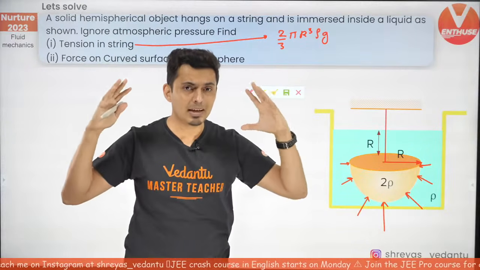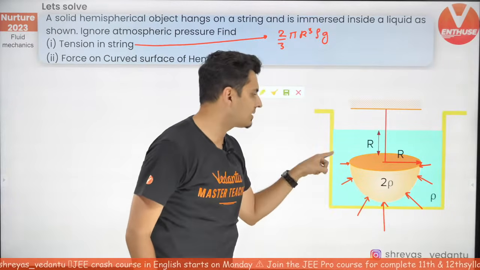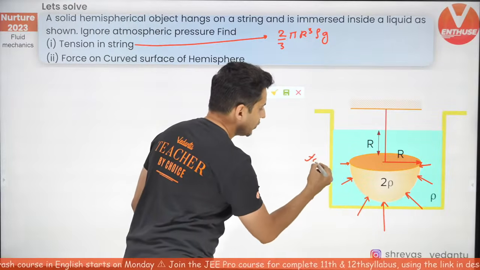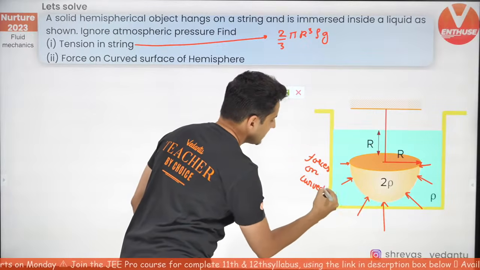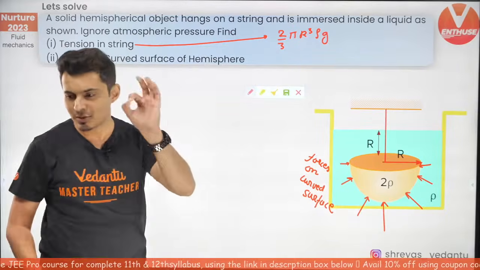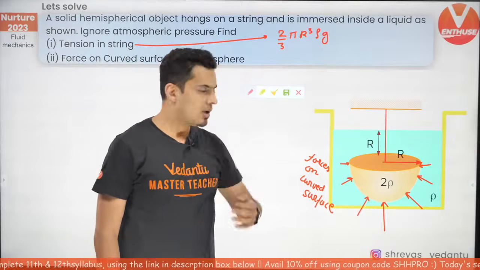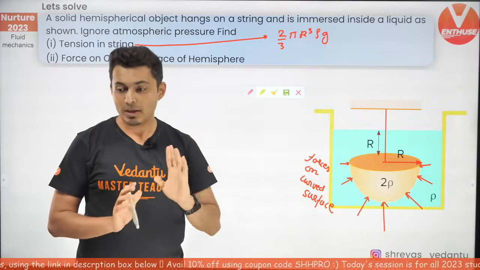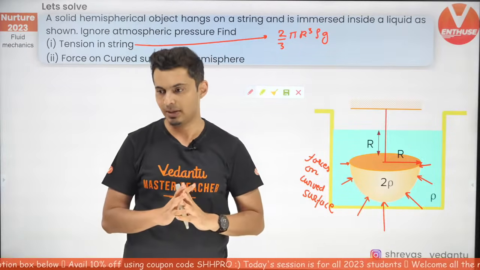So by symmetry, can you visualize where the net of all these forces would be? The forces on the curved surface. So these are the forces on the curved surface. Where do you think the resultant should be? Just by logic, think about it and let me know. Come on, my warriors, figure this out. Where do you think the resultant of all these forces must be? And no, I'm not asking where it will be, I'm asking what the direction of it will be.